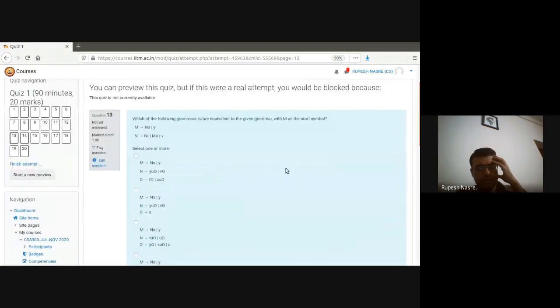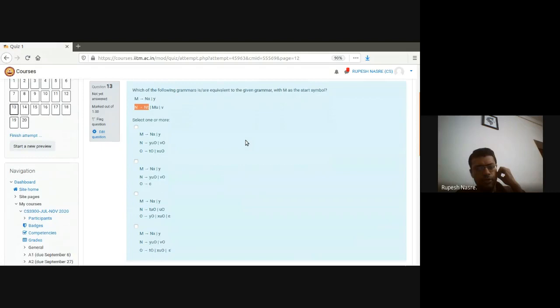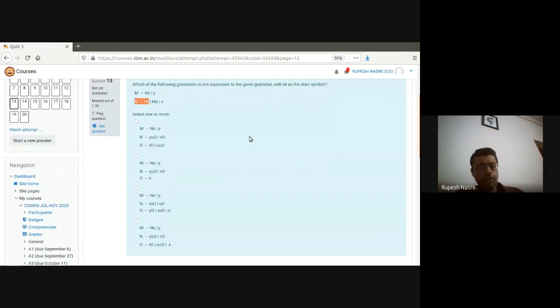So then this was about the left recursion, which was here, and you had to just remove that left recursion and you would have gotten one of these answers. But I don't know, there could be other ways. Without removing left recursion, you could have gotten the similarity by actually looking at some of the strings that get generated and so on. So I don't remember the answer to this, but do people have any issues with respect to answer to this?